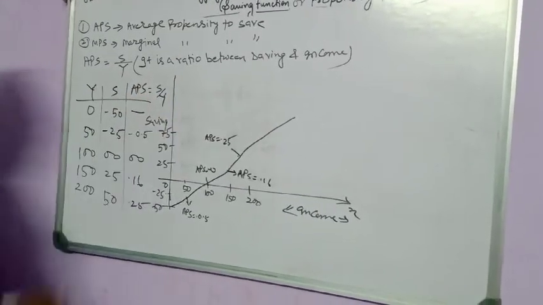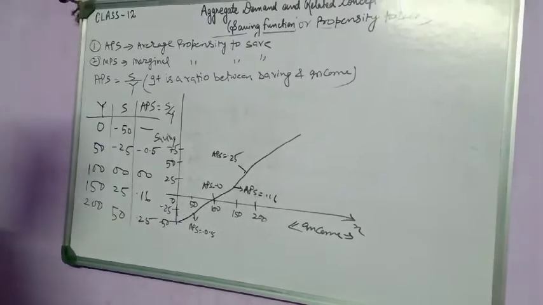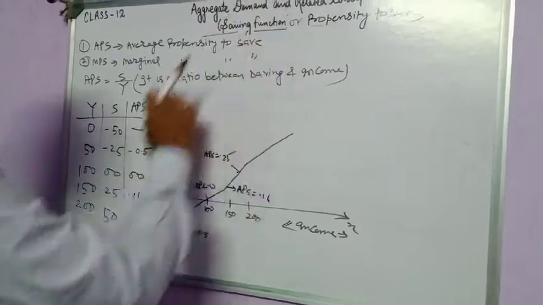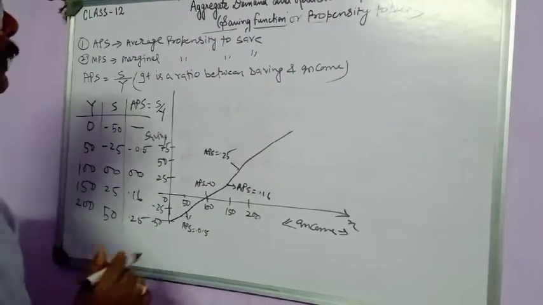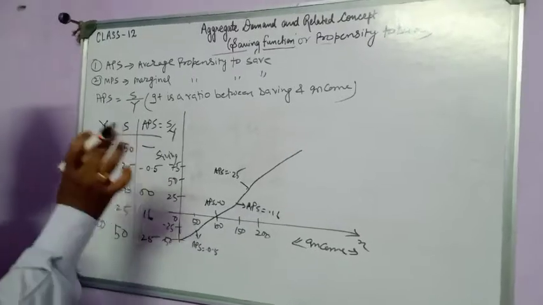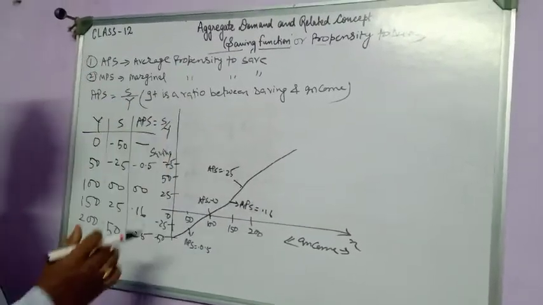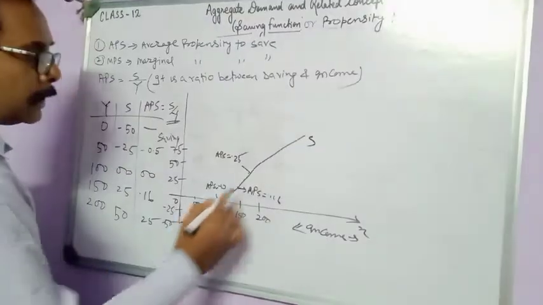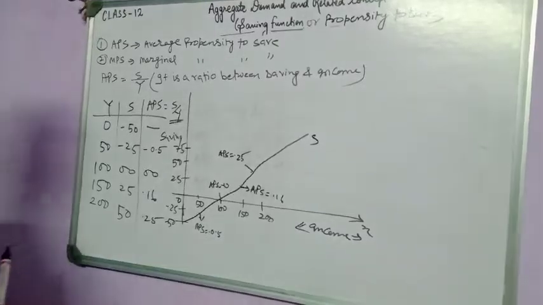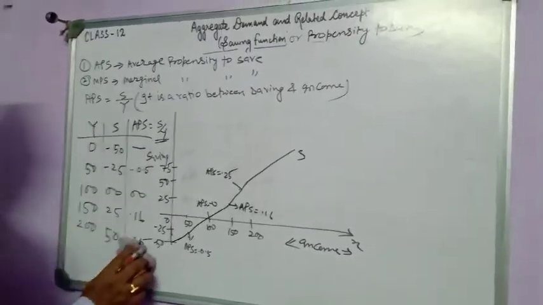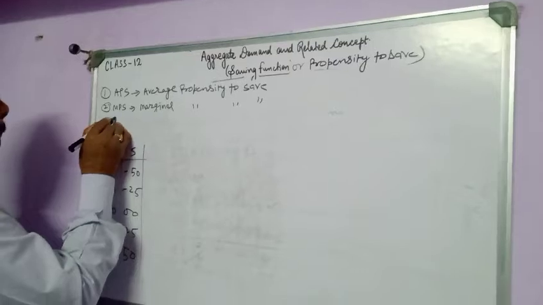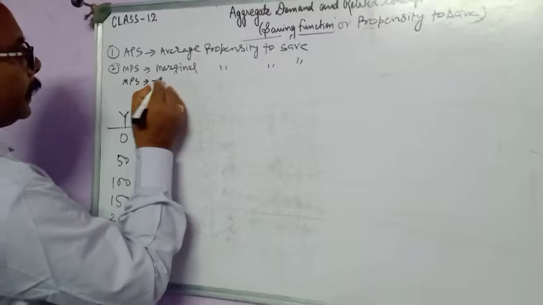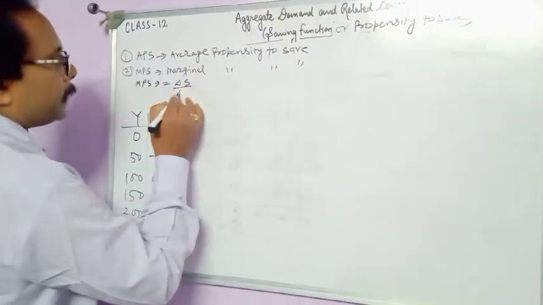by Y. So in the first video, I have discussed the saving function. It is a functional relation between income and saving, or you can say as income increases, saving also increases. On that basis, the saving line is continuously rising. Now come to the MPS. Now we will discuss the MPS, that is the marginal propensity to save. It is denoted by delta S by delta Y.